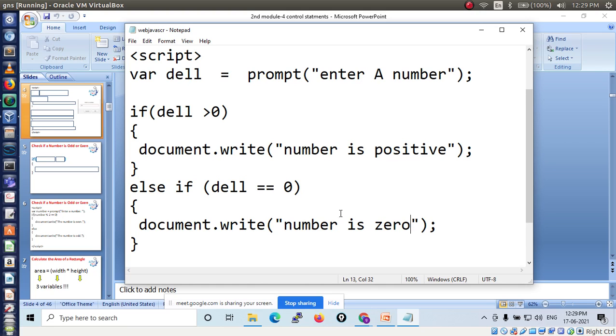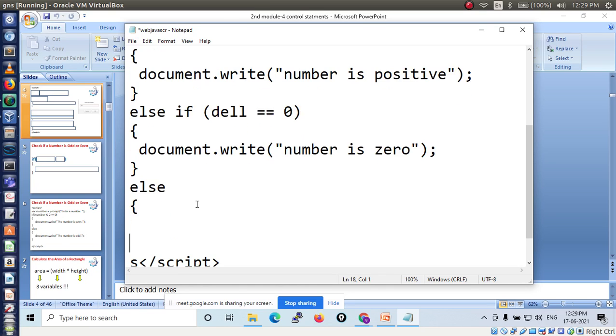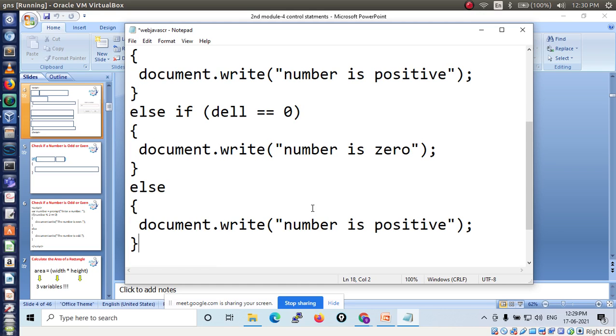Finish. Now suppose I type a number less than or not equal to 0, in that case it has to display what? Negative number. Else, number is negative, right?